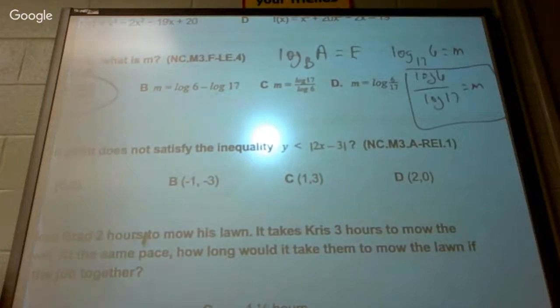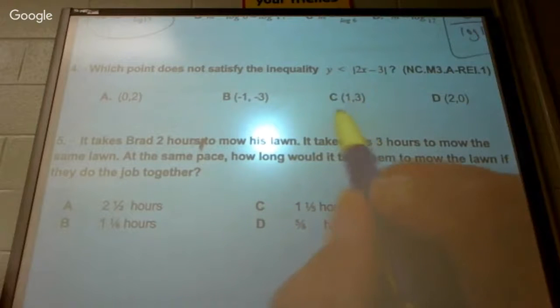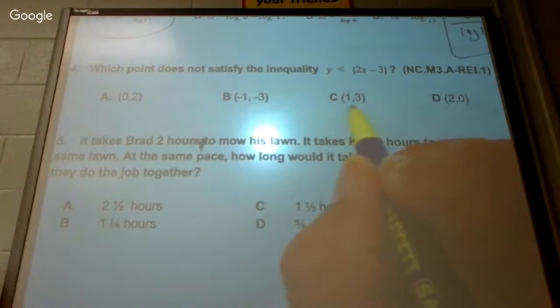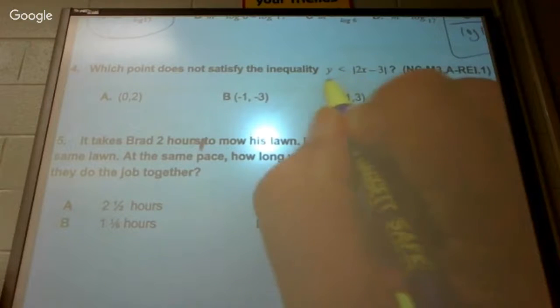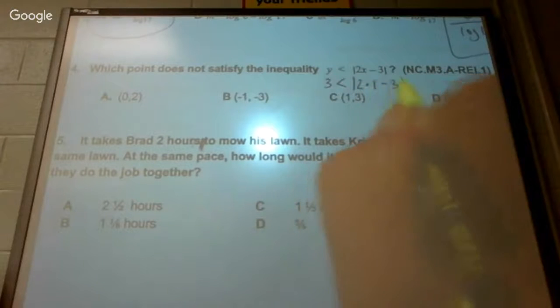Now, number 4. Which point does not satisfy the inequality? Let's choose C here for time's sake. I believe that's the correct answer, but we'll see. We plug in these numbers for X and Y. So is 3 less than 2 times 1 minus 3,